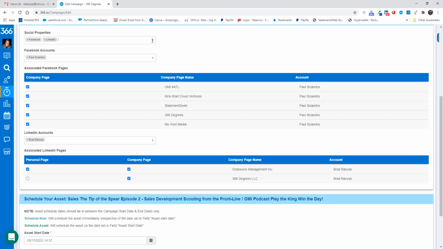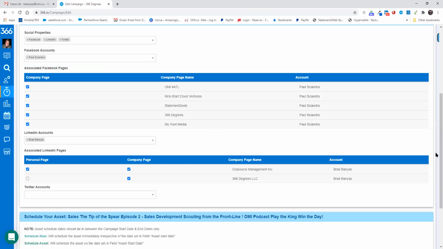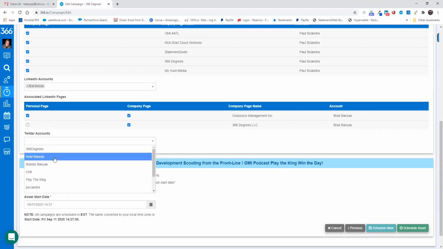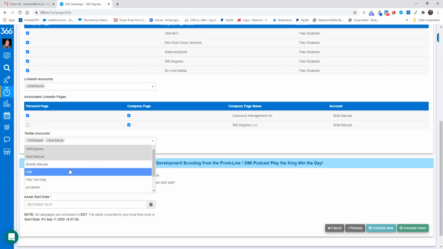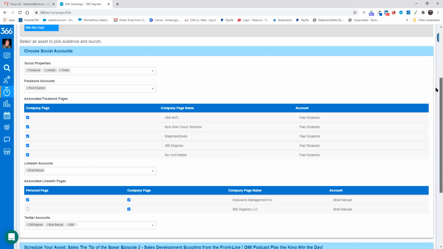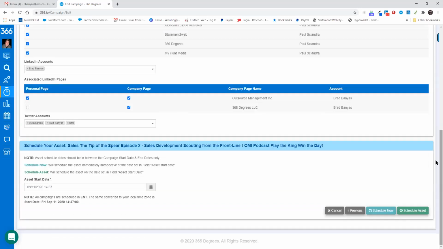And then I could also say, okay, I want this to go to my Twitter accounts. So if I was managing multiple brands, even my personal, say, yeah, I want it to go to my brand, and I want it to go to 366, and maybe I want it to go to OMI. What you're seeing is we're going to proliferate and push that post out to all of these properties, right from